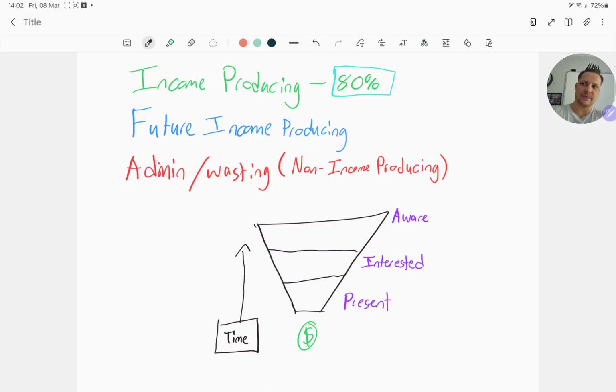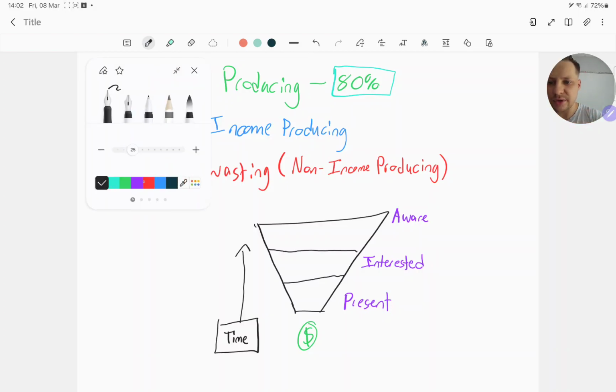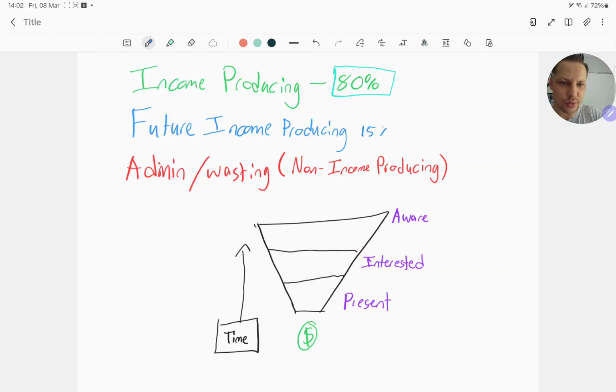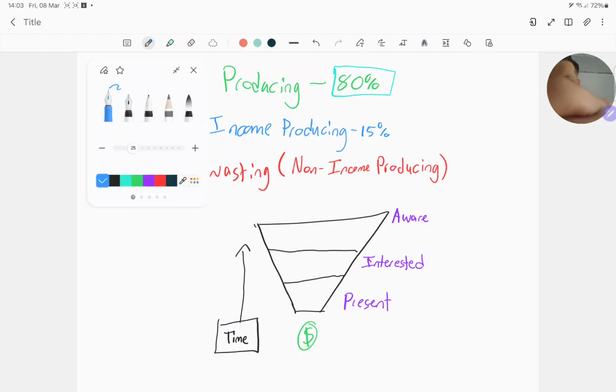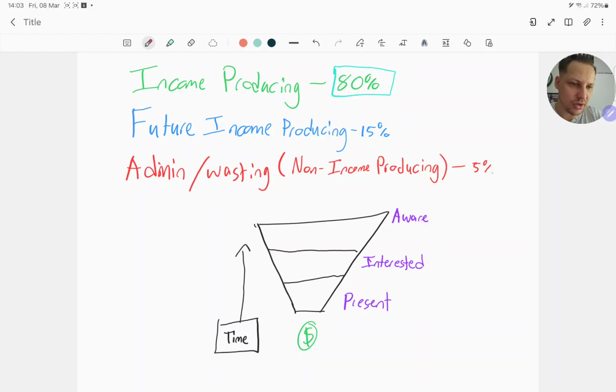awareness would be creating content, marketing our product, responding to other people's problems, helping them out, outflowing as much value as possible so that we can make people generally aware of what it is that we do. You probably want to spend around 15% of your time over here. And at the bottom, for your administration tasks, you want to spend around 5% of your time.